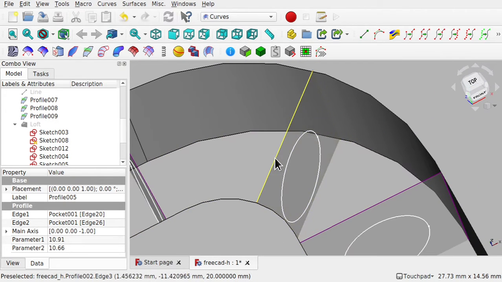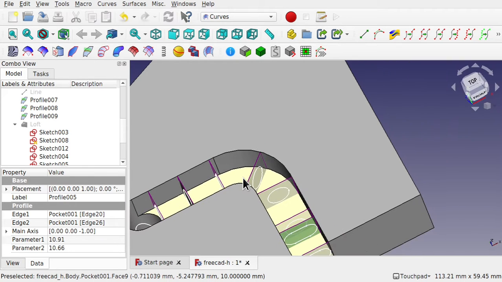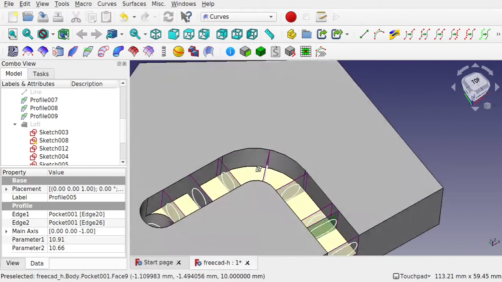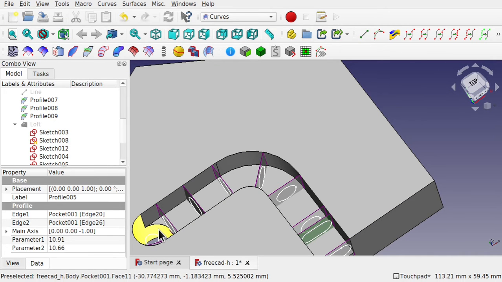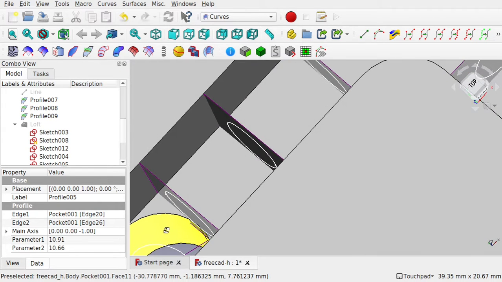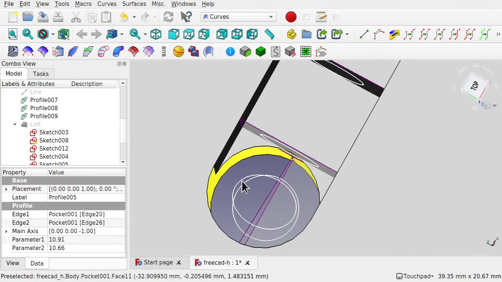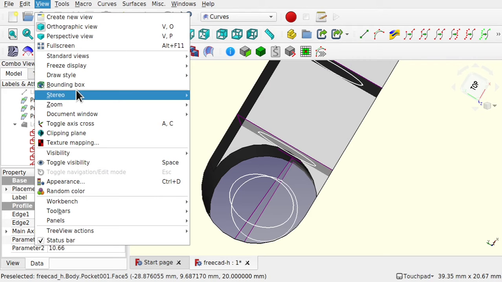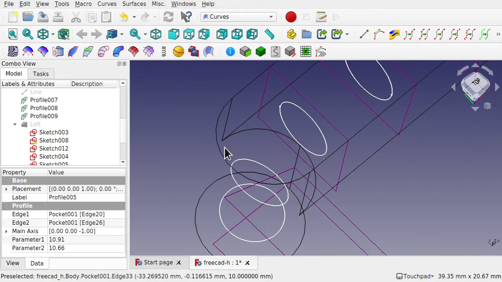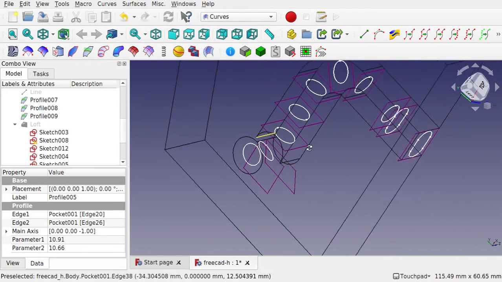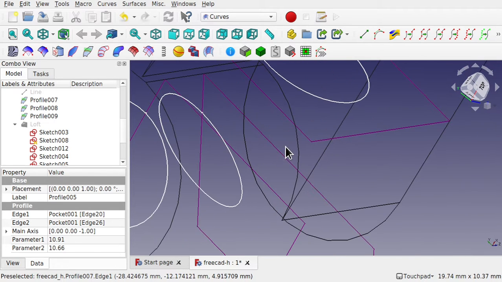And when we get to a section like this, these are angled across this section. I personally would put more in here, but this is just for demonstration purposes. And then when we come to this hole here, there is a structure inside there to support the sketches. So if I go into view, drawing style, wireframe, you'll be able to see that structure. So there's all our sketches and our planes, and in here